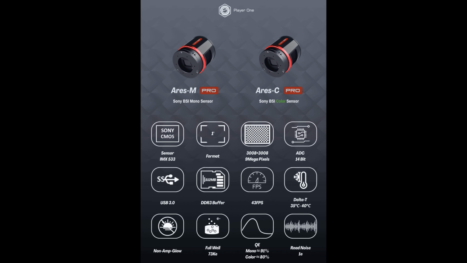In the top row of the far right column, we see information on an area called ADC. ADC refers to analog to digital conversion, and this stands for the camera's ability to turn light collected by a sensor into electrical charge, and then to turn that electrical charge into numerical values that the camera can then process into an image. The 14-bit ADC of the IMX533 sensor can describe 16,383 degrees of difference in brightness between each pixel. This is because bits are binary numbers, 0 and 1, and a 14-bit number has a value between 0